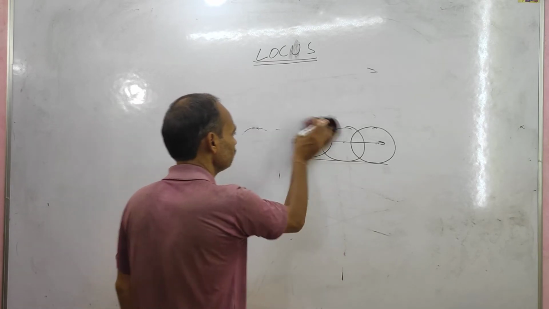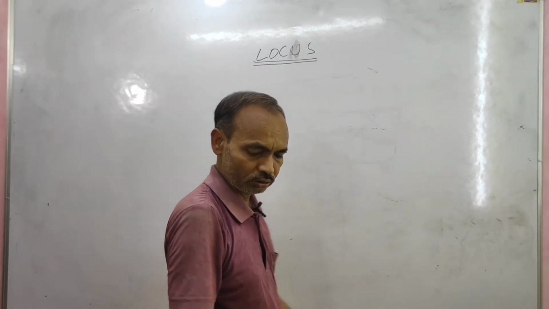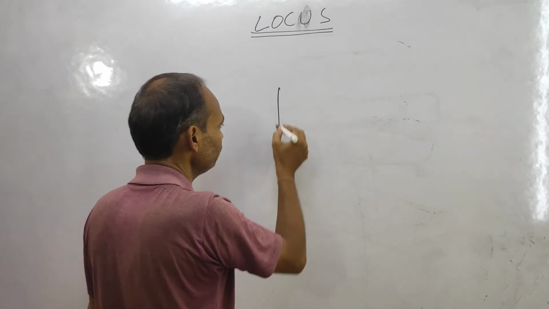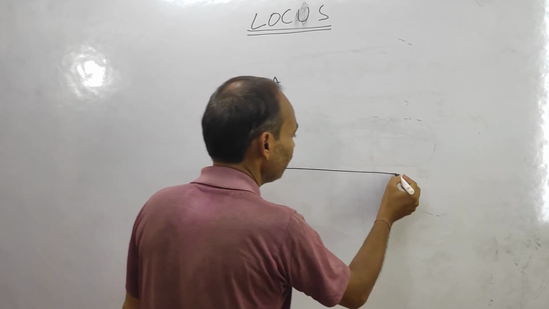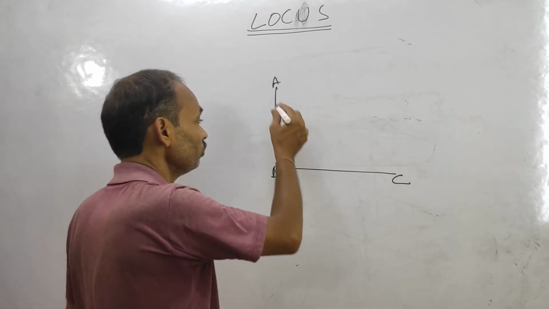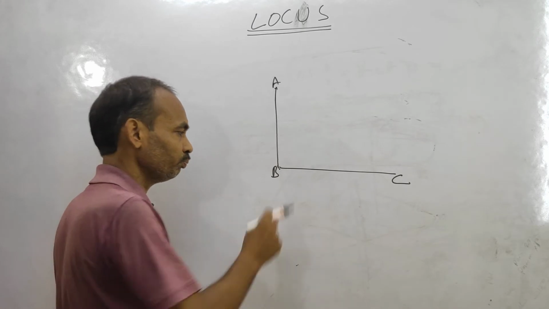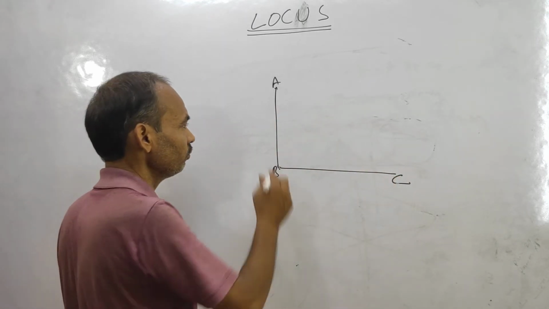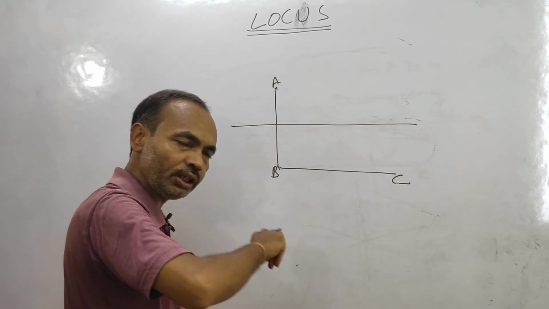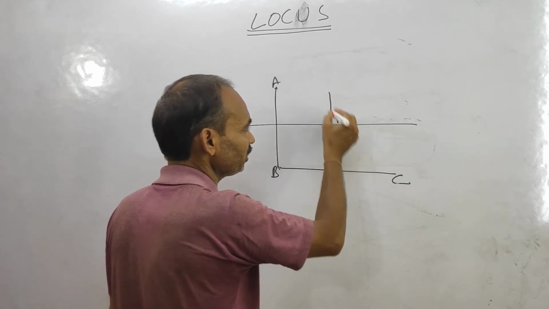And another example, also important to solve the locus chapter completely: what is the locus of a point A and B as well as C? What is the locus which is equal distance from A and B points and B and C points both? From A and B points it will be the perpendicular bisector, and from B and C points it will be the perpendicular bisector of BC, and P is the target point.